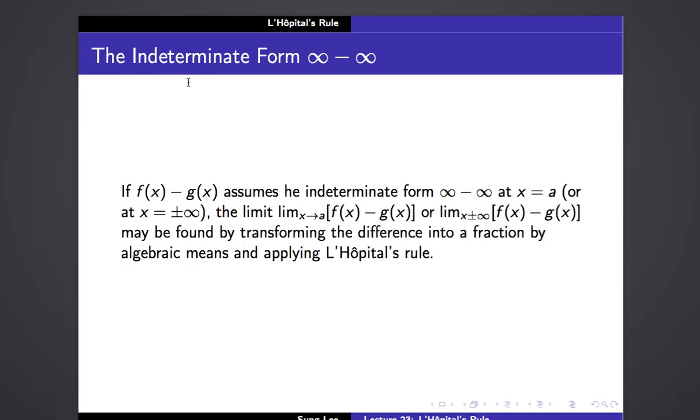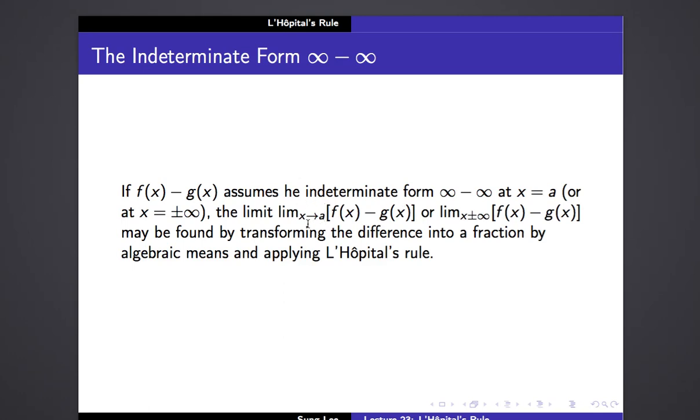Okay, so the next thing we talk about is the indeterminate form infinity minus infinity. Okay, right? Remember, infinity minus infinity is not 0, because infinity is not a number. All right. So if f of x minus g of x assumes the, sorry, there is a typo. The indeterminate form infinity minus infinity at x equals a, or at x equals plus or minus infinity, the limit,